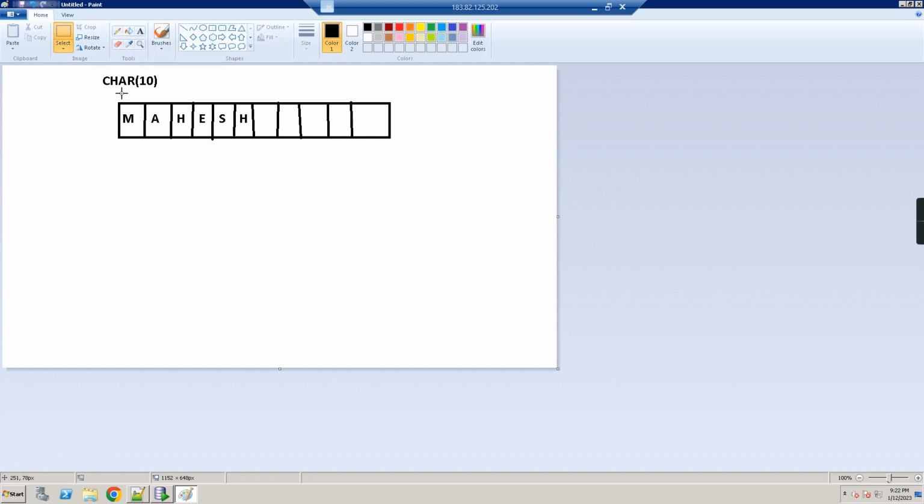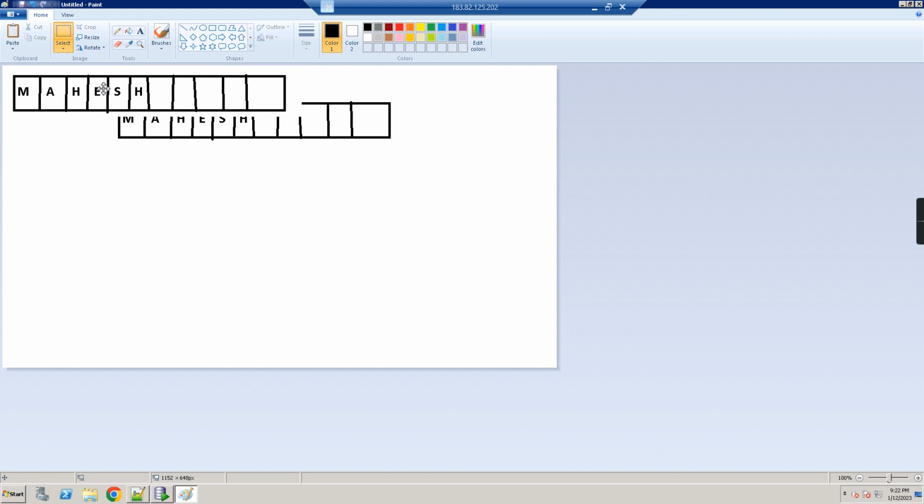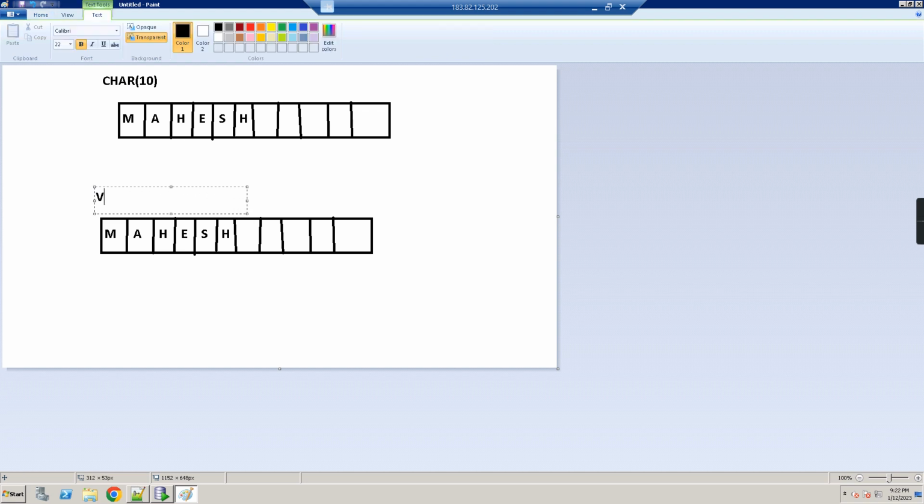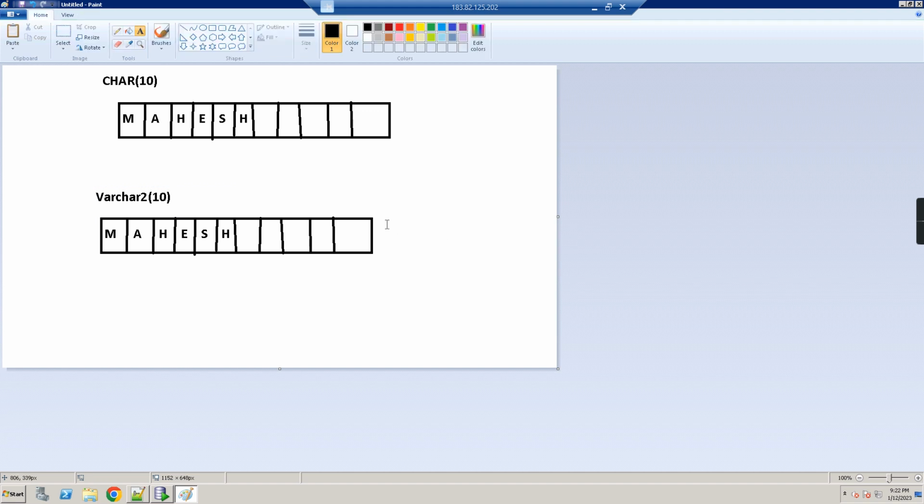Okay. So same thing, I'm going to select this condition. When I try to use the variable character, here I'm trying to write something called a variable character, Varchar2 of size 10. When I write this condition, what exactly happens is,